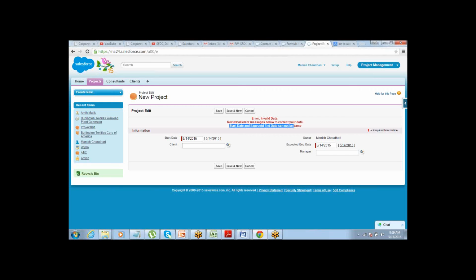Category A, category B. If the amount of the opportunity is more than 100,000, then it's category A. If it's less than 100,000, then it's category B. Just try to put these small formulas wherever you feel like in the applications that you have designed or in the standard application, and get used to the formula thing, or maybe try to create a few small validation rules. Then you can also take reference from the PDF that I'm going to share. There are a few more examples that will help you understand those things.